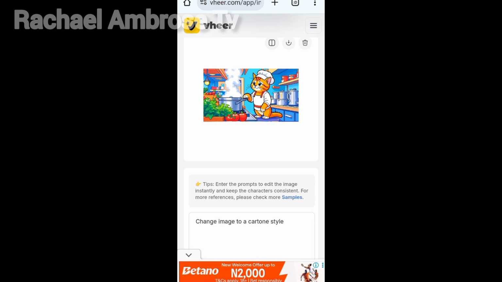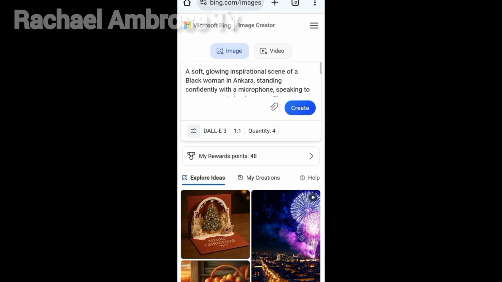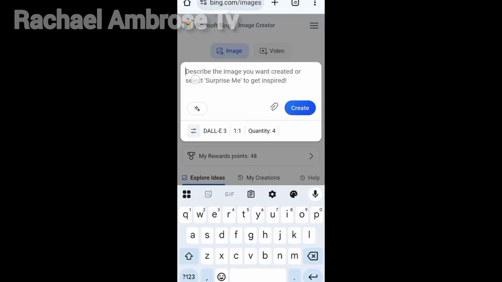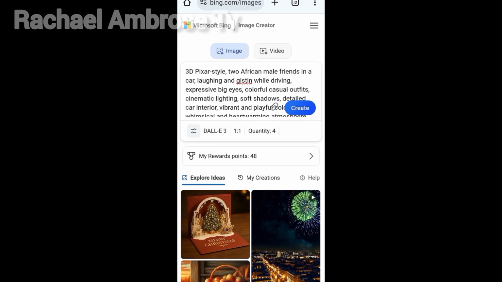So let's continue. The second website is called Bing Image Creator. Now, for you to access this website, just go to your browser and type bing.com/image. Before you can access this, you need to sign up with your Google account. After you signed up with your Google account, you will land here. So just tap on this text here, then cancel. Then paste your prompt. So this DALL-E 3,